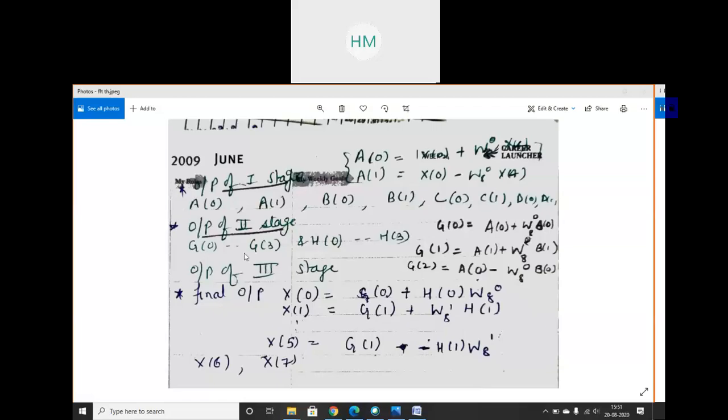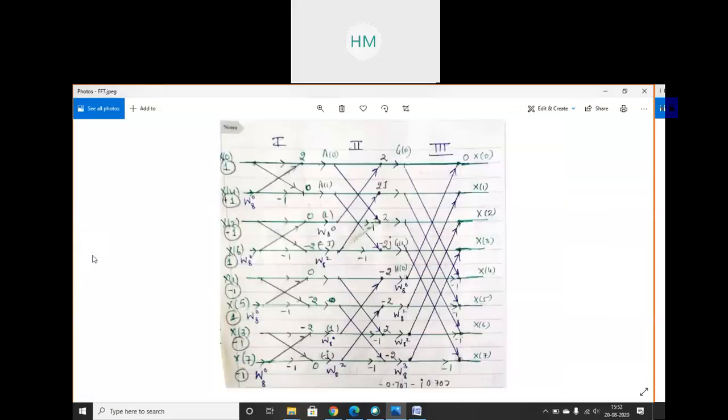Okay, no one knows the value of D of 1. Where is the diagram? Okay, Avantika has written something. D of 1. This is D1. D1 is the last line, okay? So the value of D1 will be x3 minus W08 into x of 7. Is it clear? x3 minus... ठीक है, perfect.